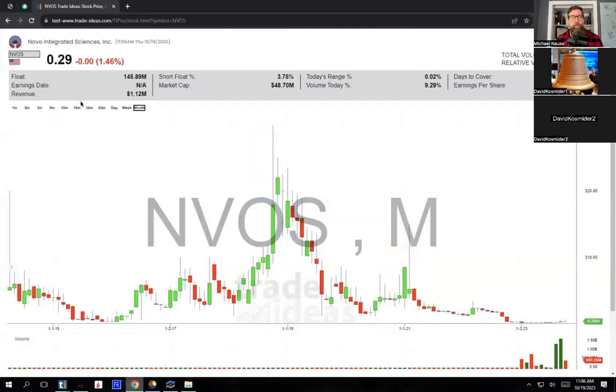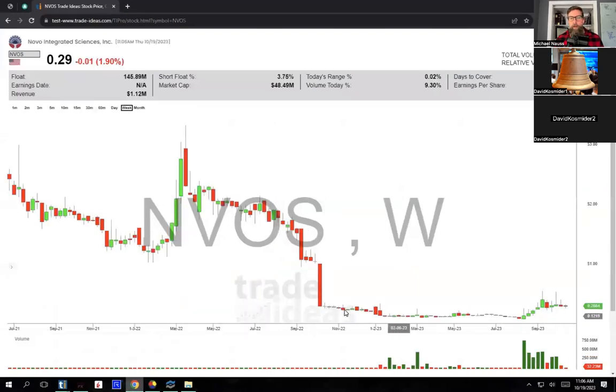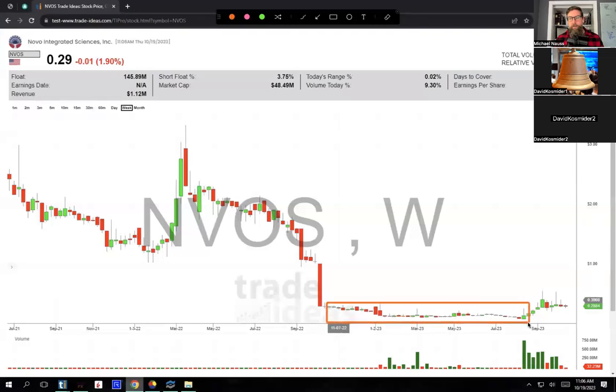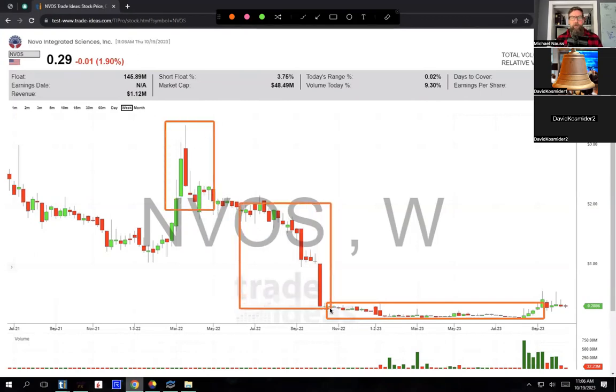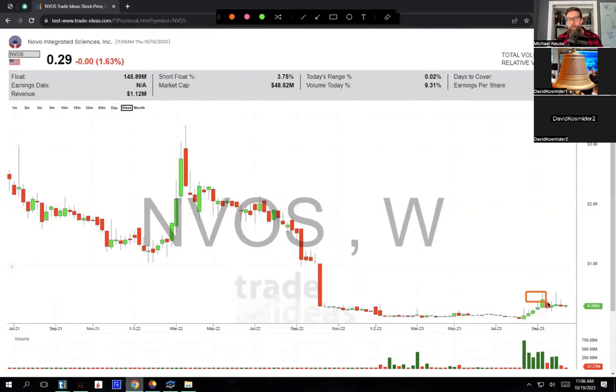So that's why I take a look at this long-term chart, just to know that any move that we make, there's going to be a lot of overhead resistance in this move. Going into the weekly chart, you can see a long period of no activity and really not much volume at that time as well, after this big collapse from $3 down to 30 cents. So some bad news occurred in this area, and ever since then we've been basing. Now we're breaking out of that base a little bit over the last month or so, getting above this zone right here. So that's obviously positive action.